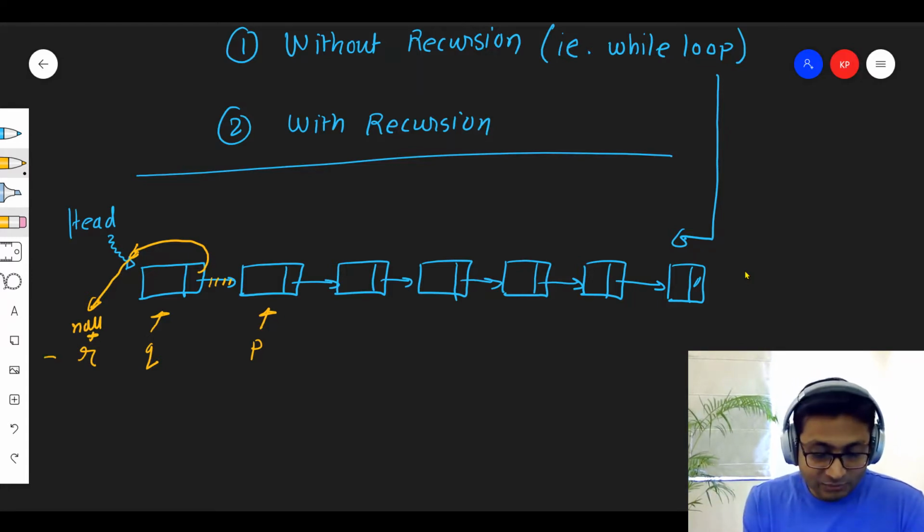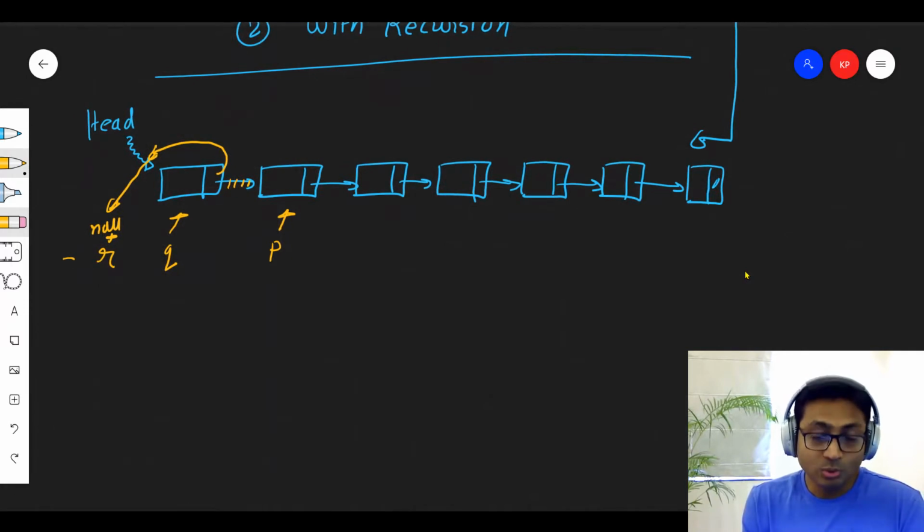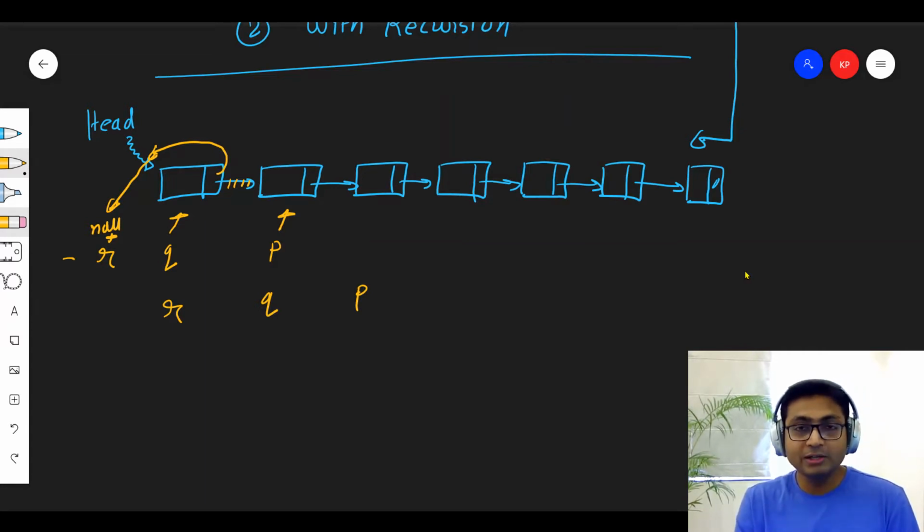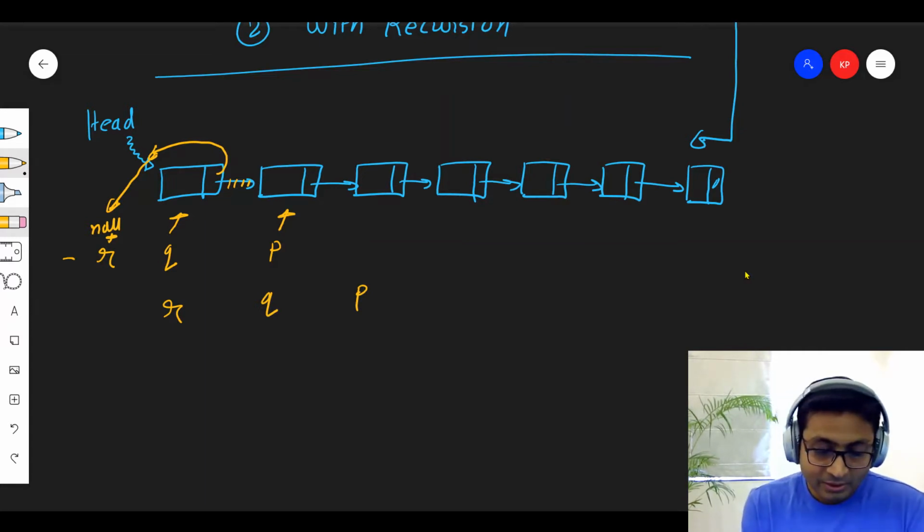The second iteration would increment all these pointers by one node. All right. So this will become your R, this will be now Q, and this will be P. Simply, I'm going to move the pointers one node ahead. Now repeat the step of reversing a linked list. Q's next, I'm going to again make it R. So you see, R is now pointing to this particular node. All right.